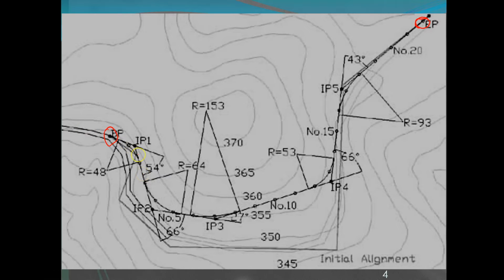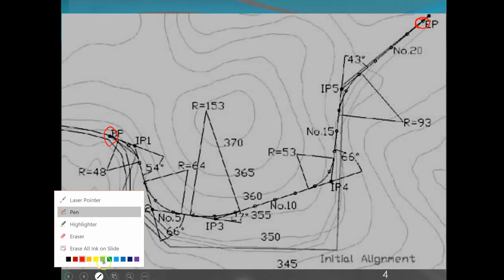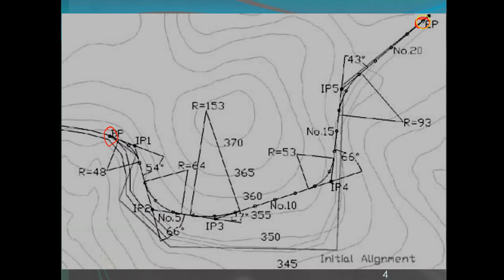So what do we do next? We will have straights. Let me change color now. Let me use green. From that point, we have one straight going there, then another straight coming down, then another straight from that point to this point, to IP2, IP1, and finally to the end of the alignment.